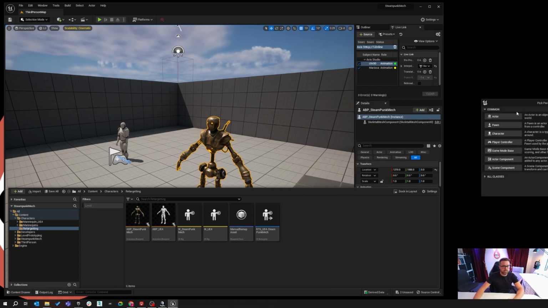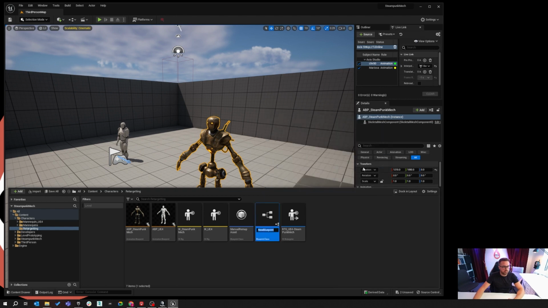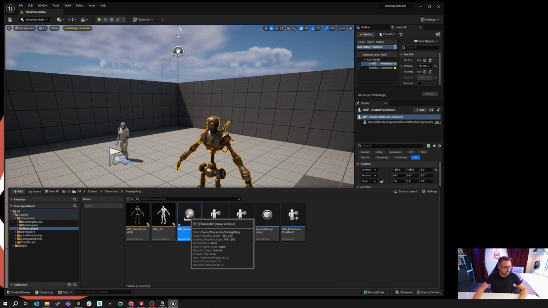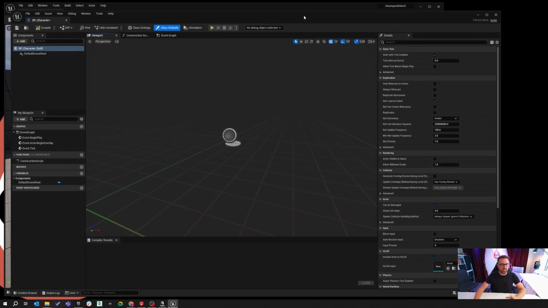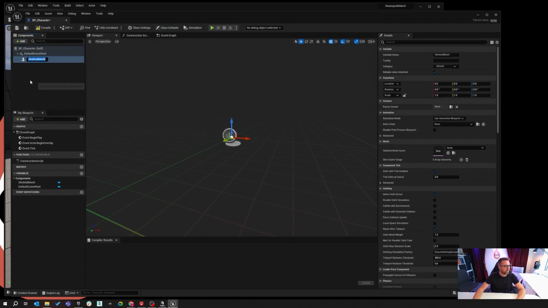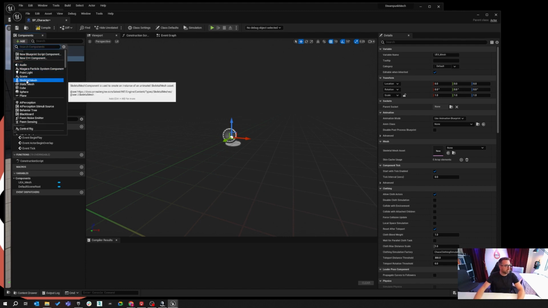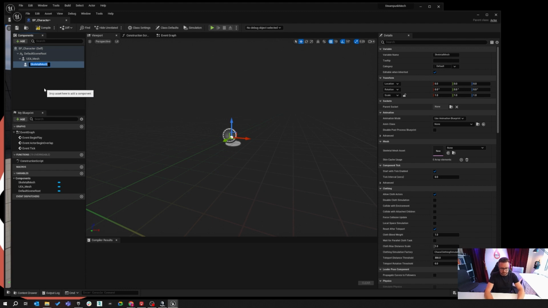So blueprint class, actor, and we're going to call this BP character. Double click on this. Now this is where all the retargeting happens. The operation of it will happen in this blueprint. So under our BP character self, we're going to create a skeletal mesh. This one's going to be our UE4 mesh. And then we're going to create another one underneath that. And that's going to be our Steampunk